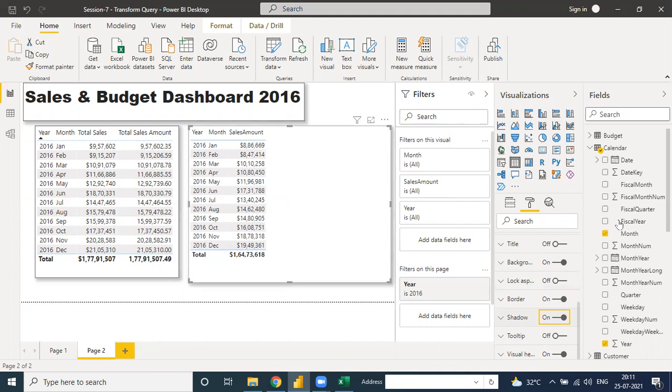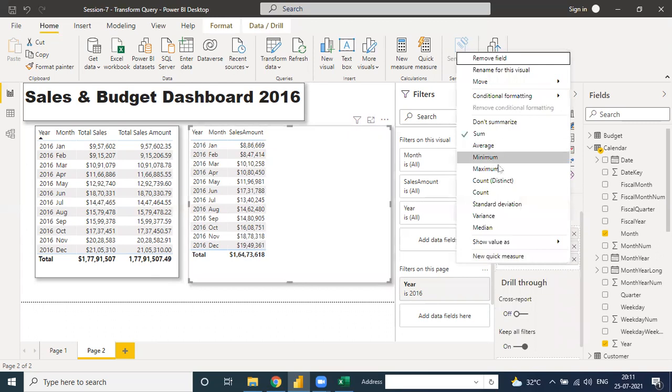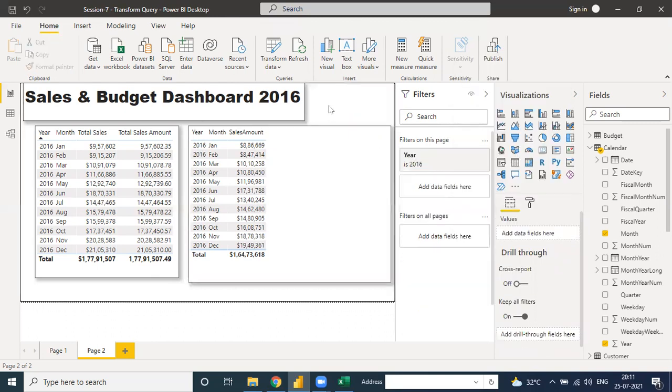Then how can we create it? When we show sales in the value, there are multiple options: sum, average, minimum, maximum, count. But when we create the explicit measure, it's only for one use, like sum for one use. I will create this one.